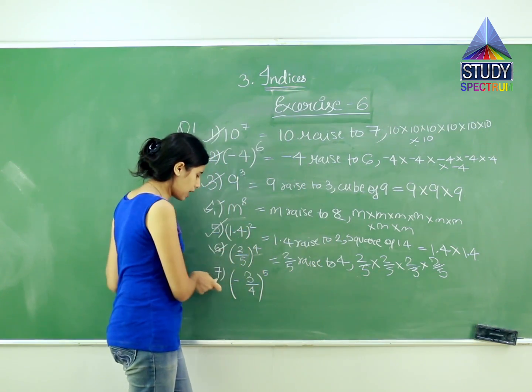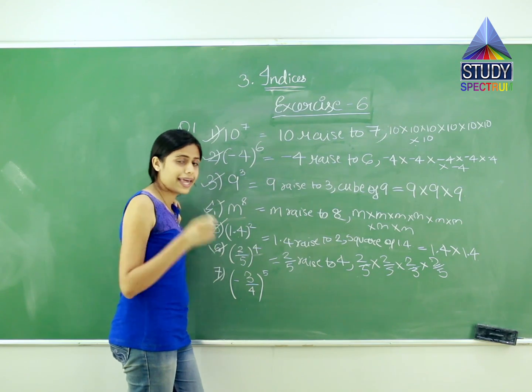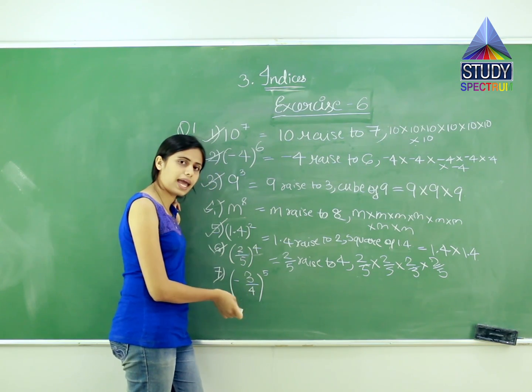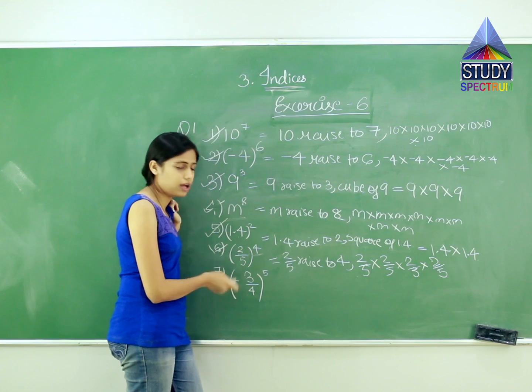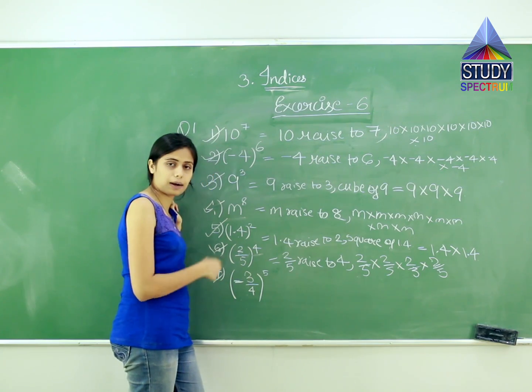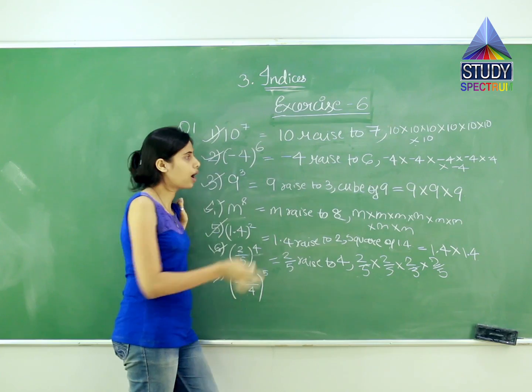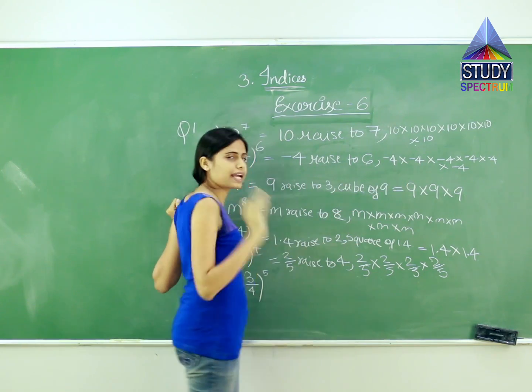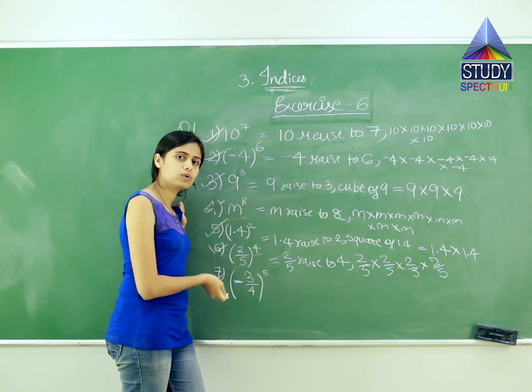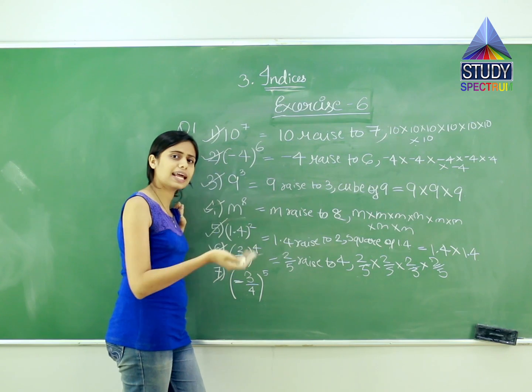Now let us move on to the next question, which is the 7th question. In this, the number is already in fraction form, as given in the previous question. Also a negative sign is accompanied with this. But now here look, here also there was a negative sign, so did we blindly copy the same number with a negative sign? So here what we will do? We will copy the fraction with a negative sign.